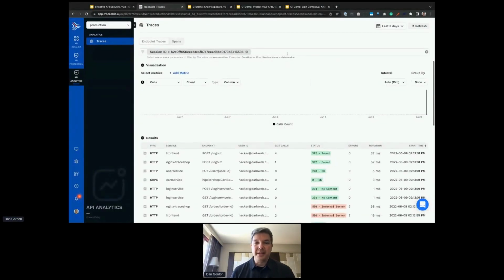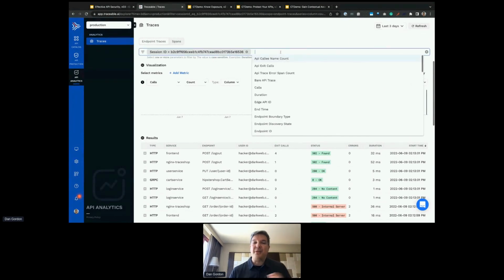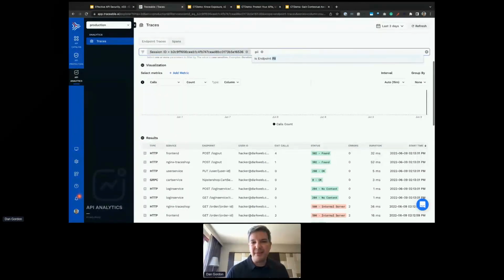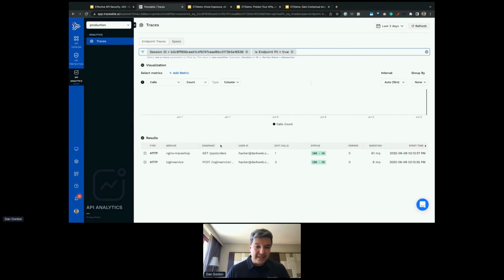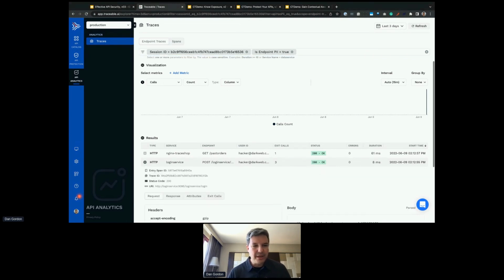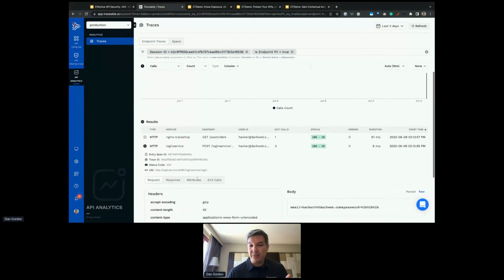It's a data lake. And maybe in this session, I saw that they did a BOLA attack, but maybe that wasn't successful. They did other attacks. And the big question is, did they get access to personally identifiable information? I can actually type that in as a query, and I can see, yes, they did. In 2 instances, they got some data out. So maybe I want to dig in a little bit more and figure out what did they get out.